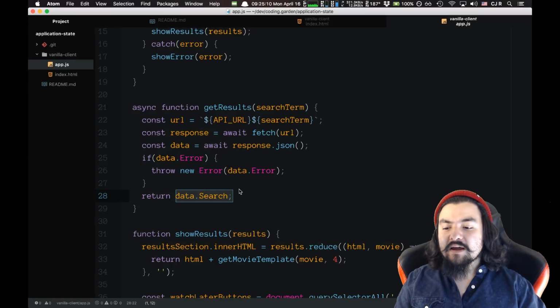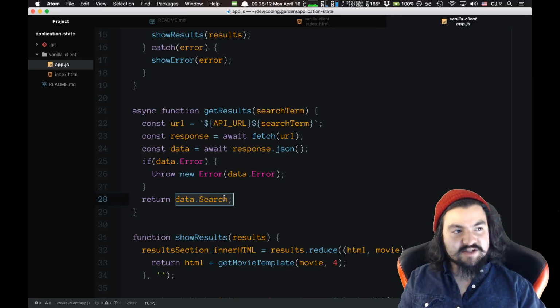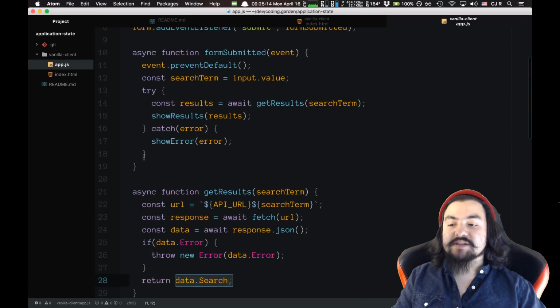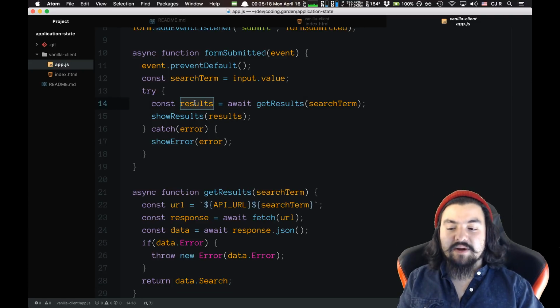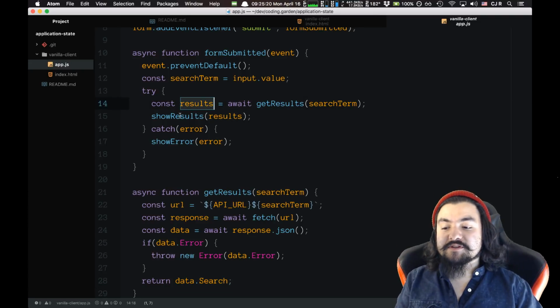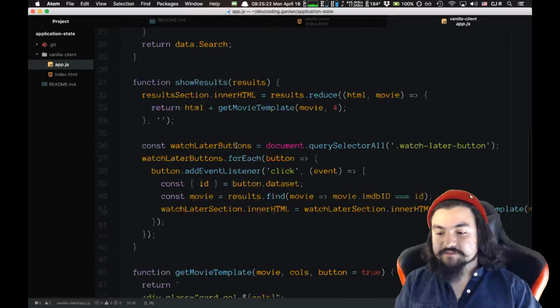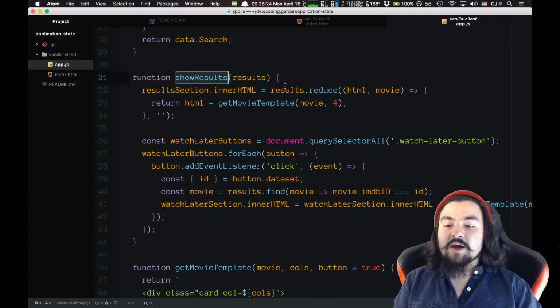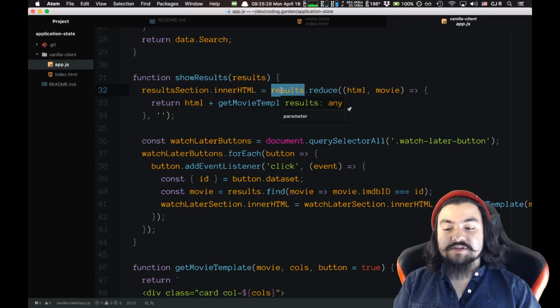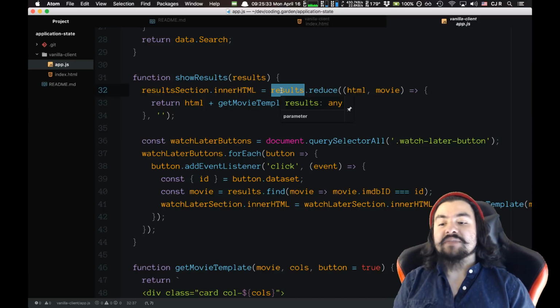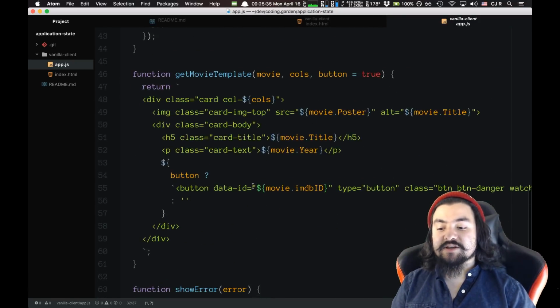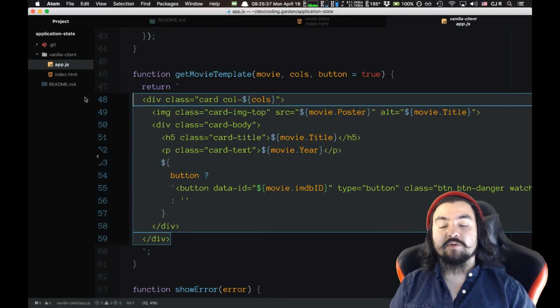Cool. So this gets the search results. This returns it, and so up here, we've awaited it, and we get access to that array. And then once we have the array of results, we call show results. Now, show results will iterate over that array of results and reduce it down to a single HTML string. And that HTML string is just this HTML for every